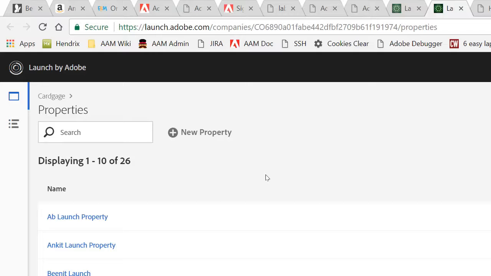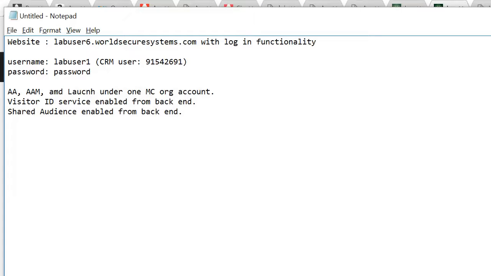So let's just begin with our first objective, and that is to create a web property first and then implement Adobe Analytics. So I'll show you what I already have for the purpose of this exercise. I have created a website in Business Catalyst CMS. So this is the URL of my website,